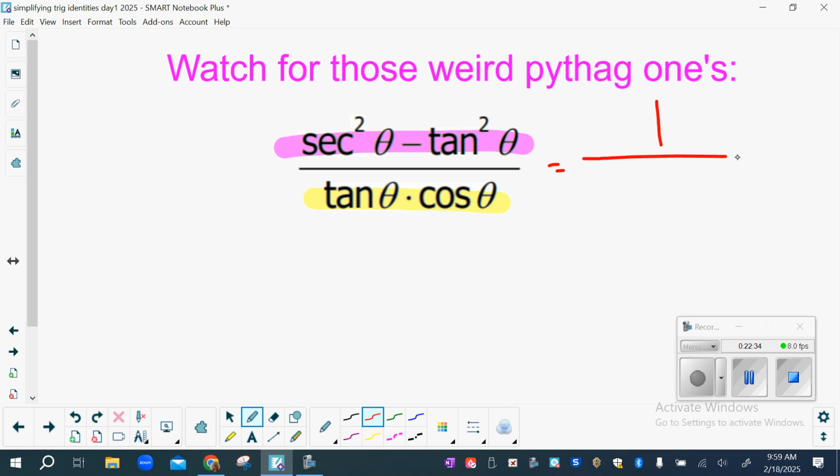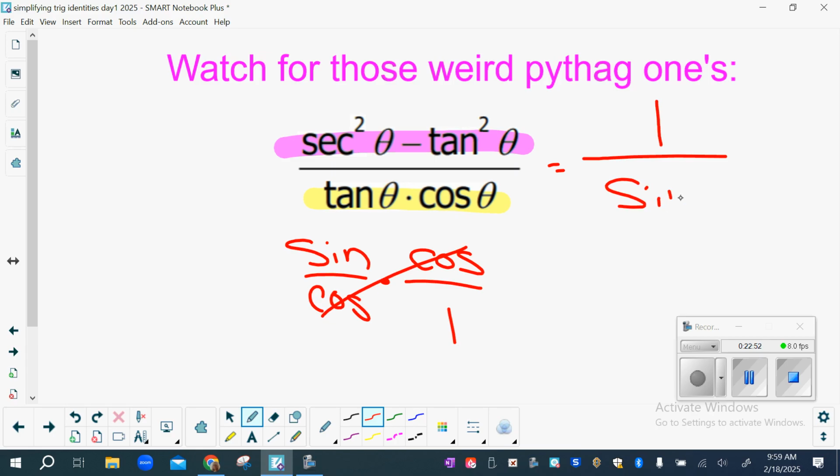What are we going to do? We're going to go sine over cosine times cosine over 1. Do a little cancel action. Sine over 1, so sine. Awesome. Almost done. 1 over sine is